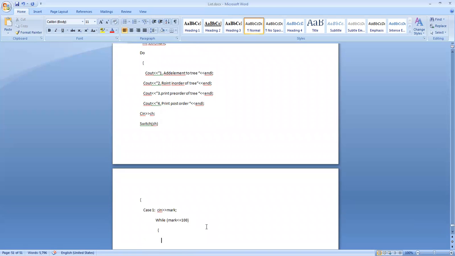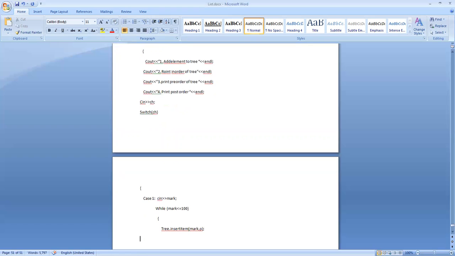so what do you say? Tree dot insert item, not T. Okay. So I want to get the subsequent values.